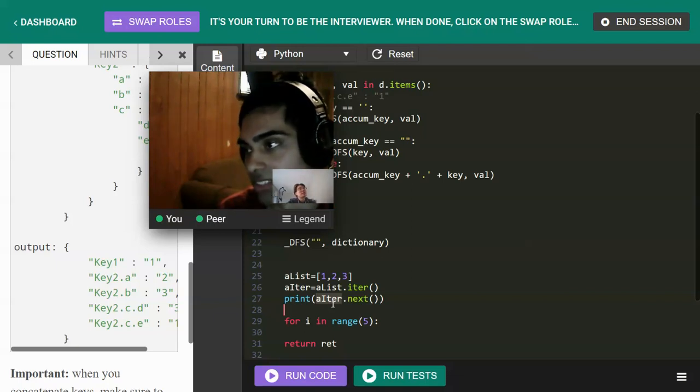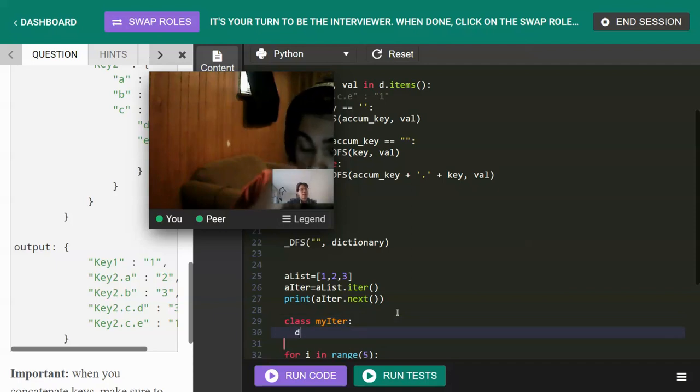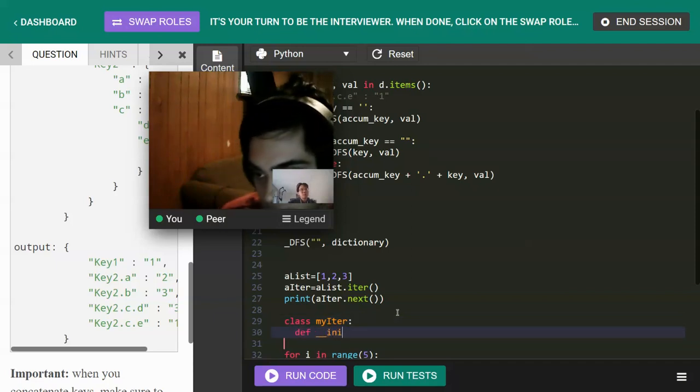Does that make sense? Not in the list object, in the iterator object. So, for example, you have a class, right? Let's say my iterator, and then you have an init function,